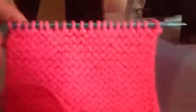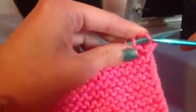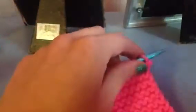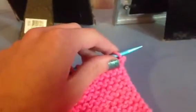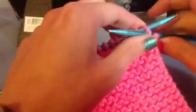So what we're going to do now is we're going to bind off after 30 rows. So we're going to do the purl bind off, and it is a little difficult, warning. So what we're going to do now, let me move this down, is we're going to purl